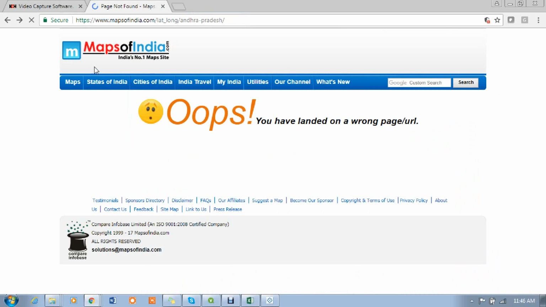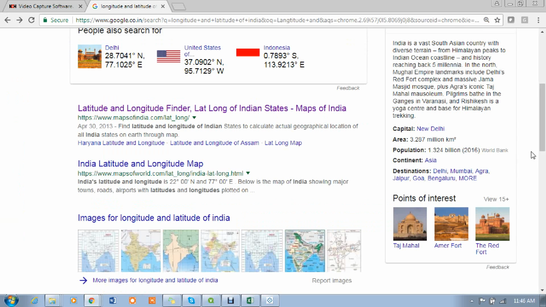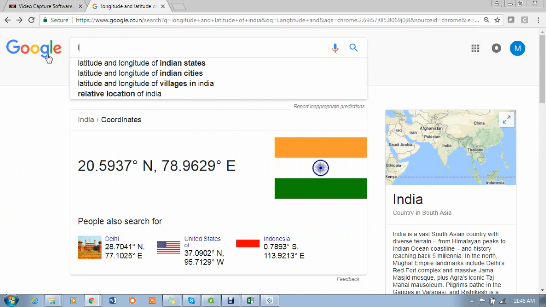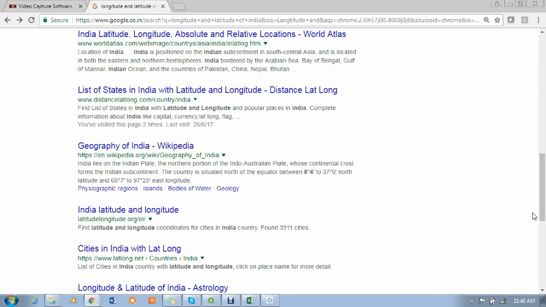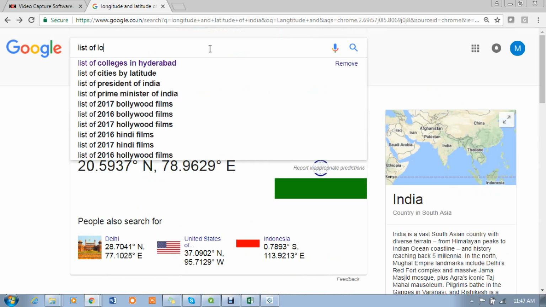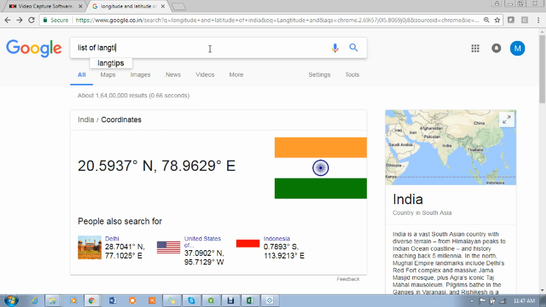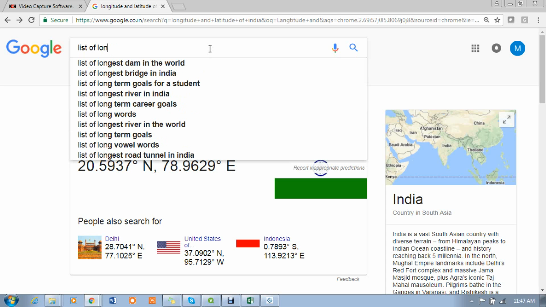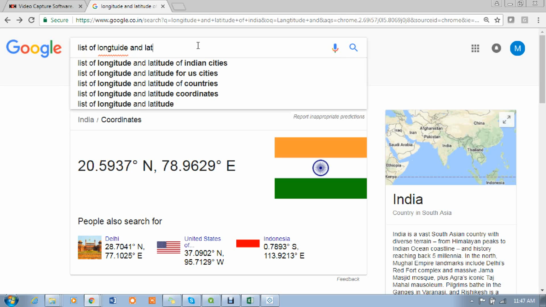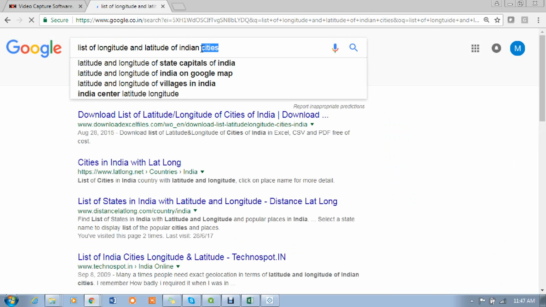Or I think we can get the list of longitude and latitude values also, right? Is there, madam? Under latitude values, Indian states.